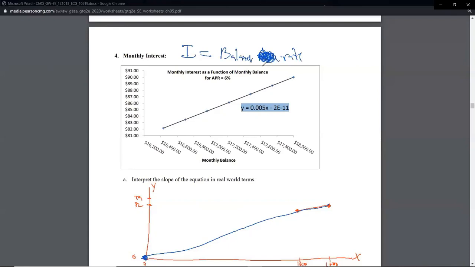That was stuff we talked about back in chapter 1. That's stuff you're supposed to have memorized by now. Yes, if you're talking simple interest over several years, you can throw in that time part, but our models don't use simple interest moving forward. So if you have a balance of $0, you should have an interest of $0, because $0 times whatever your savings rate is should be $0. So that's why if you actually look at the whole picture, it starts to make sense. Whereas here, it kind of looks like you'd think that's 0, 0, but it's not. It's like 16,200 gets you 81 bucks.